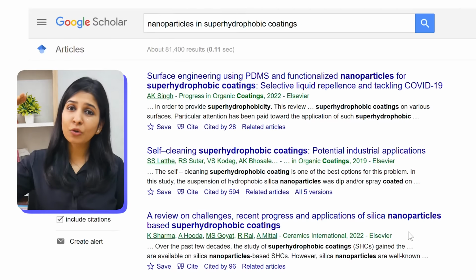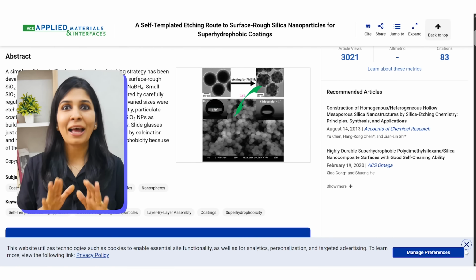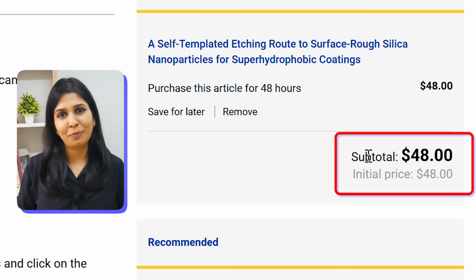If you've ever tried to do a literature survey, you would have probably gone on Google Scholar, scrolled through 50 papers, found the one that you really need, and then boom, stuck behind a paywall. I know, this can be really frustrating, right? But the good thing is, there is now a better and faster way to find research papers. And yes, you can access them for free.